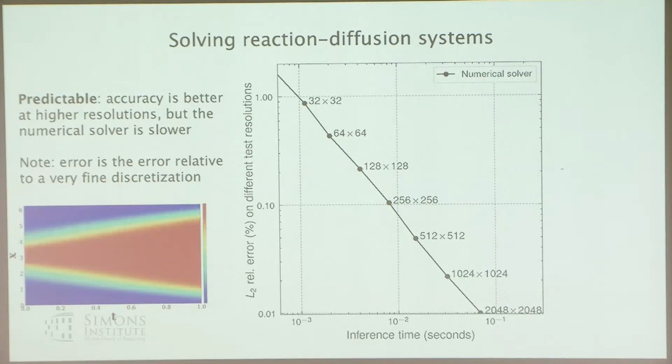Just to show what that looks like, I wanted to include this because I think sometimes when we use neural network solvers, we say it's much faster than numerical methods, but we're talking about different levels of accuracy, so that numerical method may have been way more accurate. And so I think we should be doing one-to-one comparisons between these two things. So this is a numerical solver. As your discretization gets finer and finer, your error gets lower and lower, exactly like how we would want this to behave. And this is a reaction diffusion system, so a chemical system that's maybe diffusing over time.